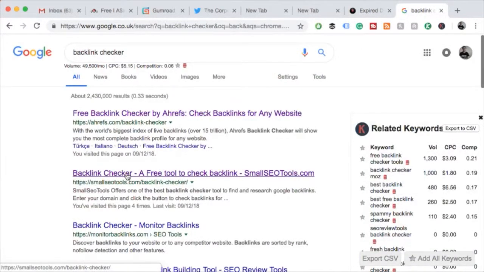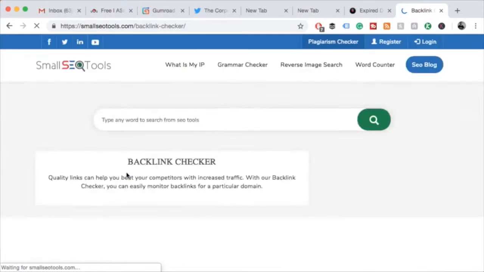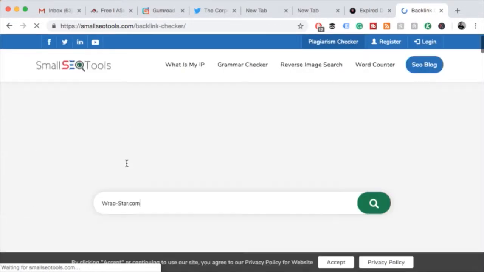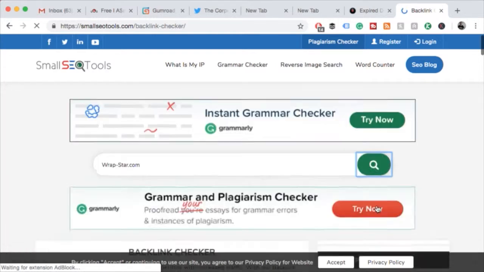You can go to Small SEO Tools and get a brief look and see if there are crappy links in the background. One second now.